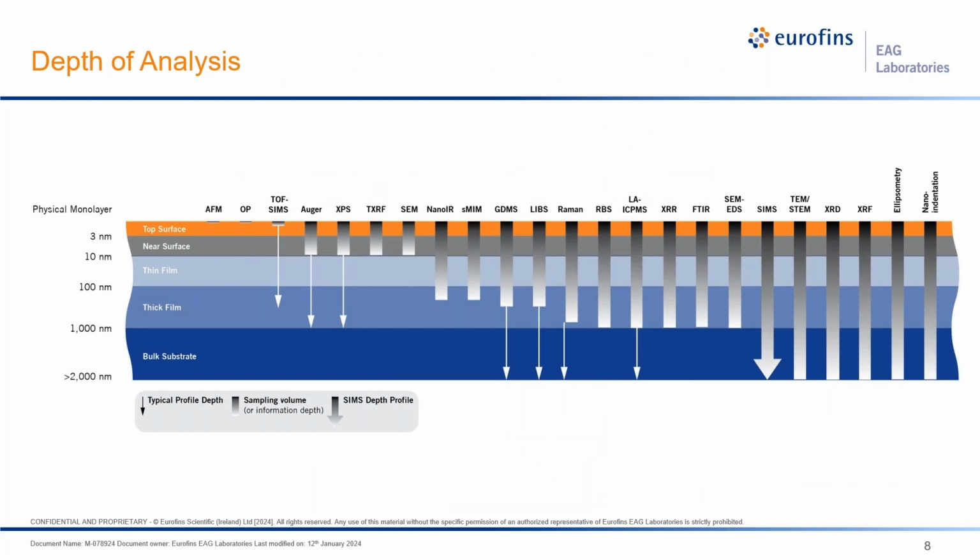What we're also looking at is depth of analysis. For all those techniques, there's a sweet spot in depth, whether it's the first few atomic layers, like in time-of-flight SIMS, Auger, and XPS, or more into thicker films, into the nanometer or even micron thick films, or then into the bulk. And as we go from left to right, we can see the techniques laid out in depth of analysis. So we can take advantage of that. So depending upon what you're trying to look at, whether it's a surface contamination to identify, a film composition to identify, a bulk to identify, we can choose the right technique to give you that sweet spot, to give you the best data possible.